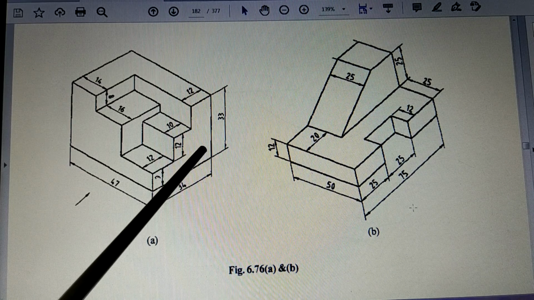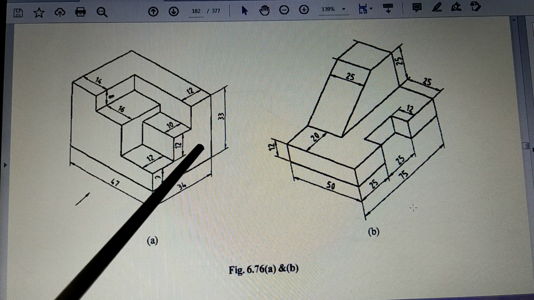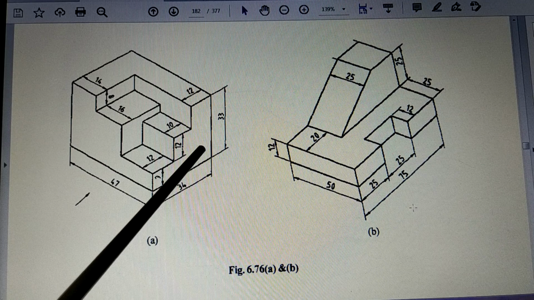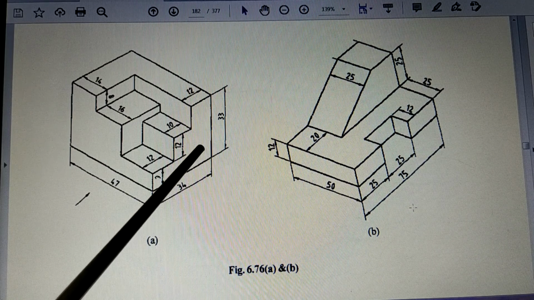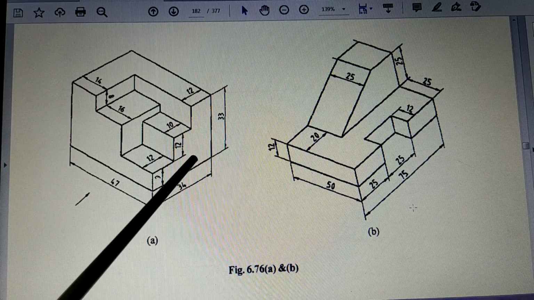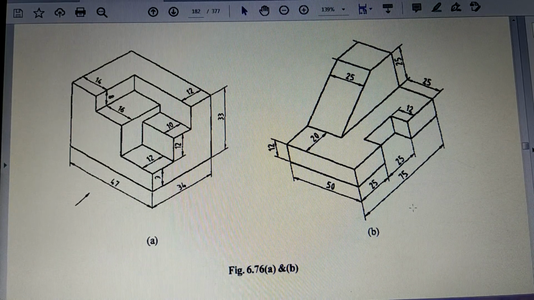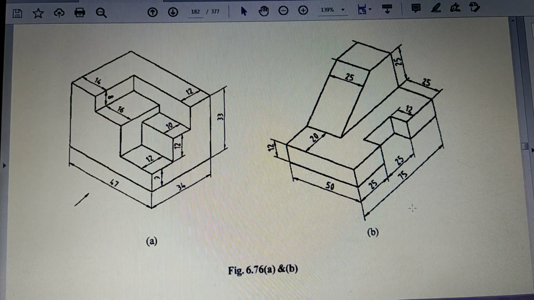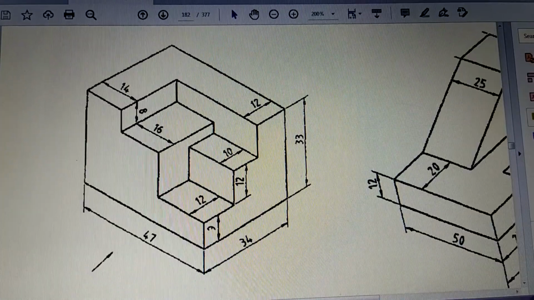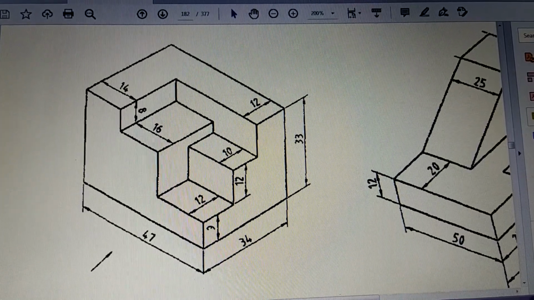So all the three views of every figure you have to draw yourself by listening to whatever things I have described, plus your own imagination, your own understanding, your own way of thinking, etc. Combining all these things together, you are going to draw the figures as the answers. So we will begin with the first figure, that is this figure. Okay, so look at today's exercise.